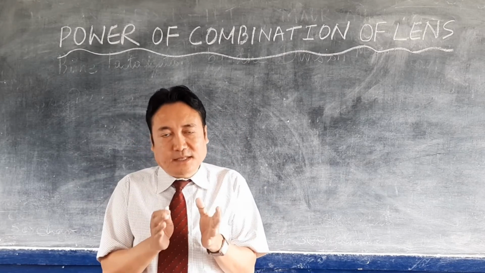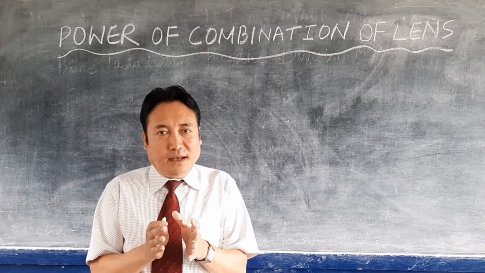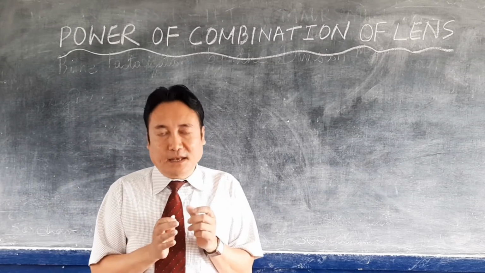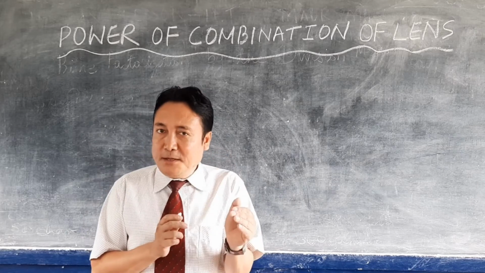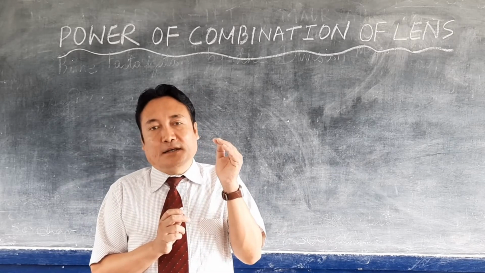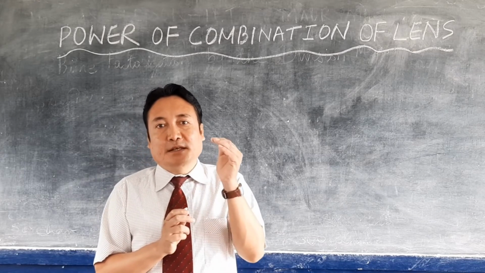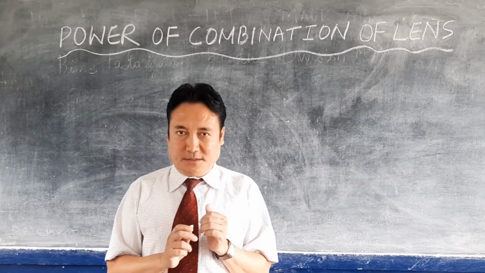When you combine both lenses together, the power you get is the resultant power, and that resultant power is